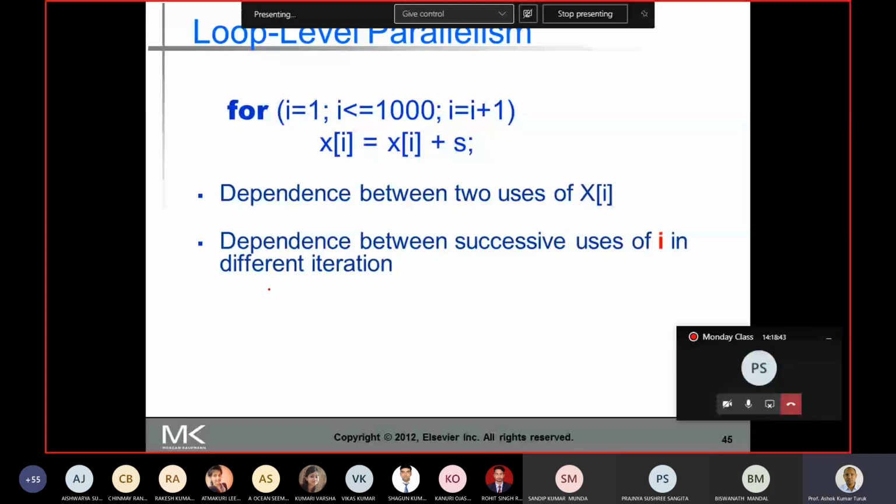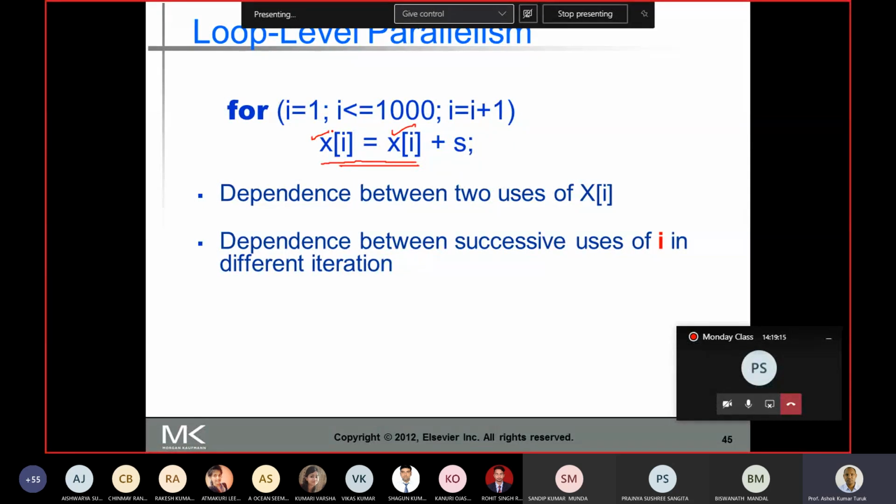So let's take this case. If you look at this one, there exists a dependence between two uses of xi. Here xi is read, here xi is written.